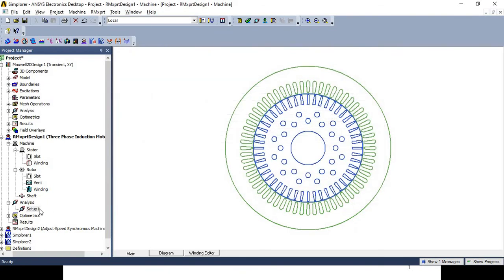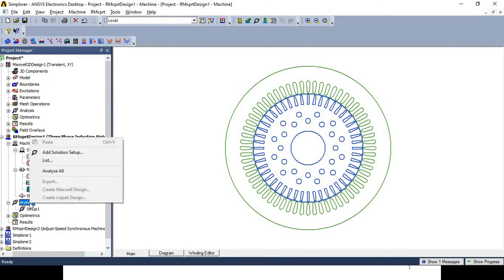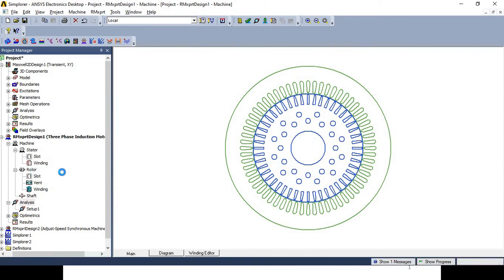Okay, now you have to analyze this data. So for the analysis, just right click on the analysis option and click analyze all. This rotating circle shows that the analysis process is going on, and here you will get the progress of the analysis. Once the analysis is completed, this circle will disappear. Now the next main step is you have to validate the design input. See, here is the option for validate.